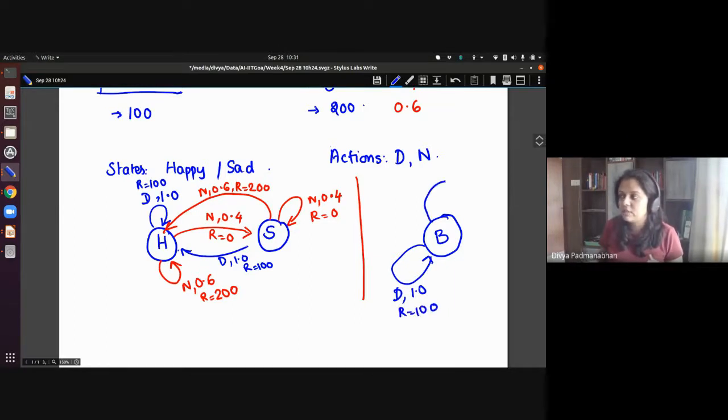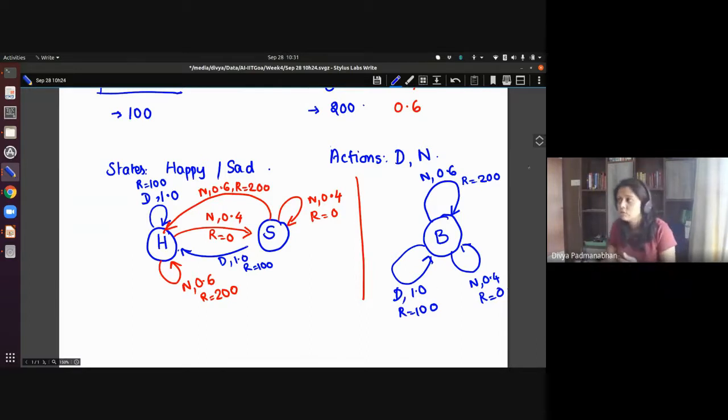Whereas if I go to the new restaurant with probability 0.6, I come back to the same state, but the reward is going to be 200. And if I go to the new restaurant with probability 0.4, the reward is going to be 0. And always I come back to the state.